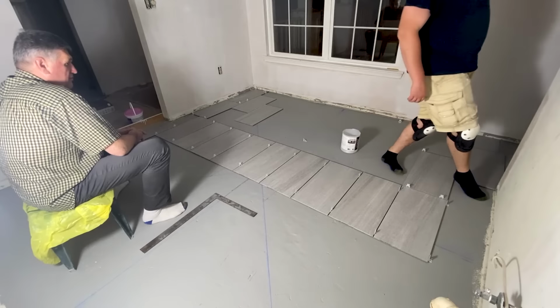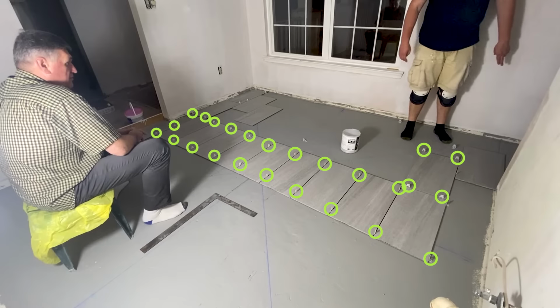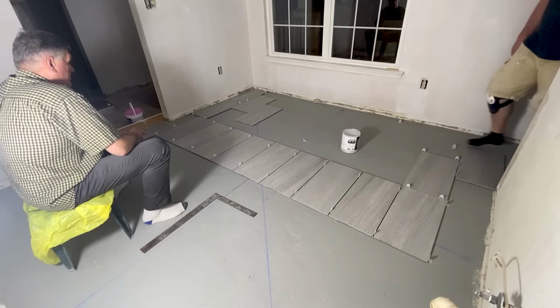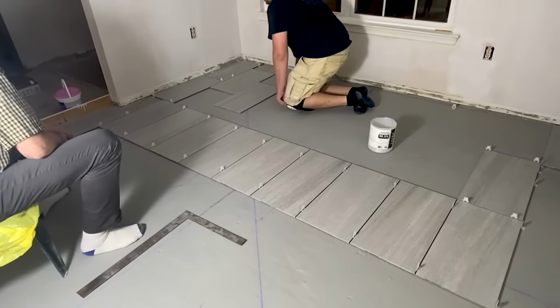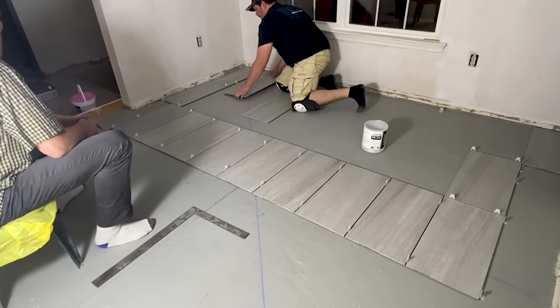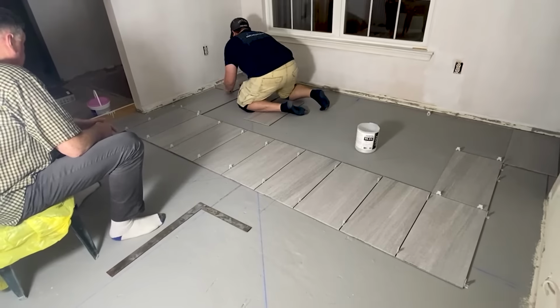Next, lay out a row of loose tiles in both directions. Use the tile spacers to leave space for uniform joints. This will give you an idea of how the tile will end up at each end of the room. Having this information before you start laying the tile gives you an opportunity to shift the design left or right, up or down to make sure you don't end up with odd looking slivers of tile at the most visible